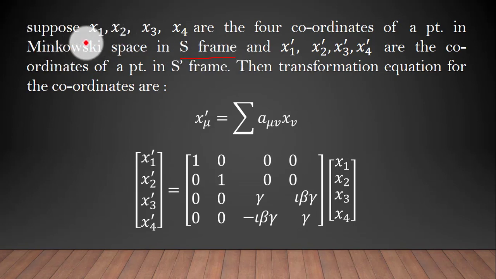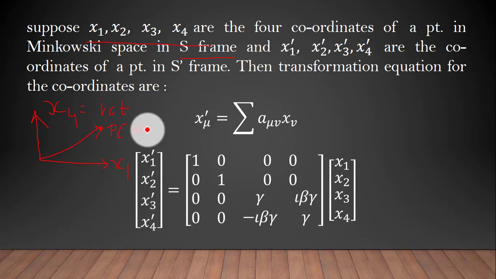So suppose these are the coordinates of a point. Suppose we have a 4-dimensional space. I am representing only 2 of its axes. Suppose this is x1 and this is x4. So what does x4 mean? Basically it is the ict coordinate. So suppose we are given any point in this space and its coordinates. This will be the position vector of this point that we have denoted. Suppose this point is P and its coordinates are x1, x2, x3 and x4.